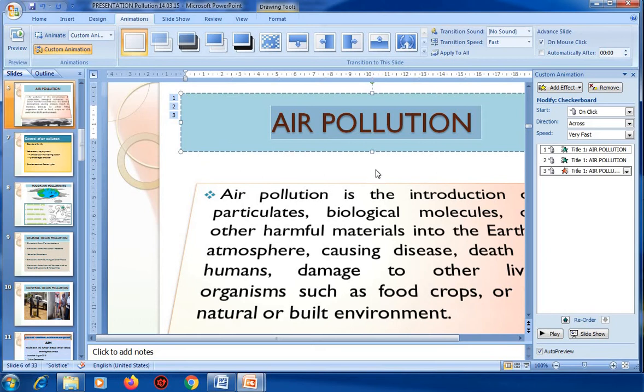So similarly, by following these steps you can add the animation. Before adding an animation, first select the text or object, then add the animation. Clear?